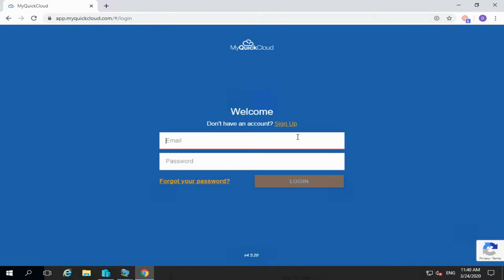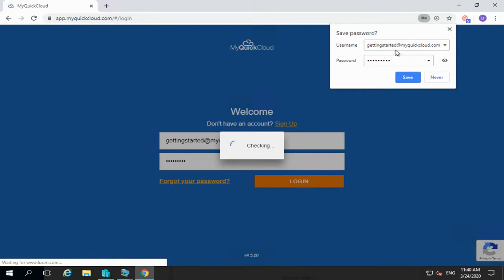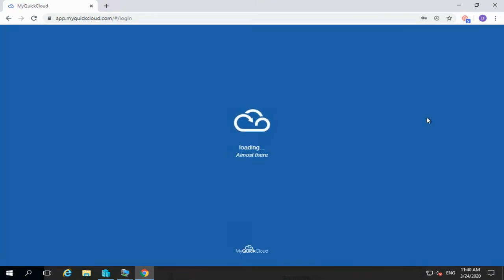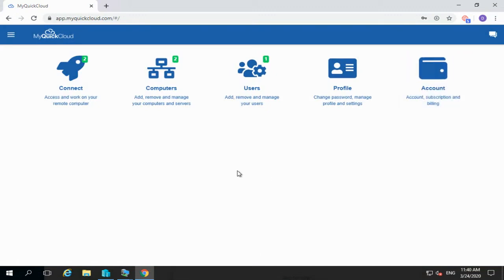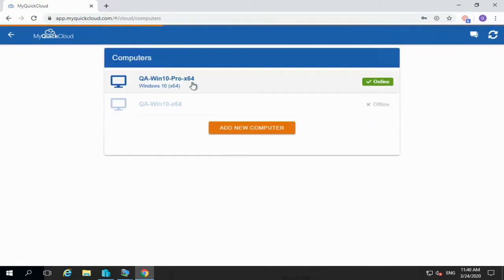So we've come to app.myquickcloud.com and we're going to log in here. Now, here is the main menu. What we're going to do is go to Computers, and you can see here this is the computer I want to access. It's the one that's online. And if I click on that computer,